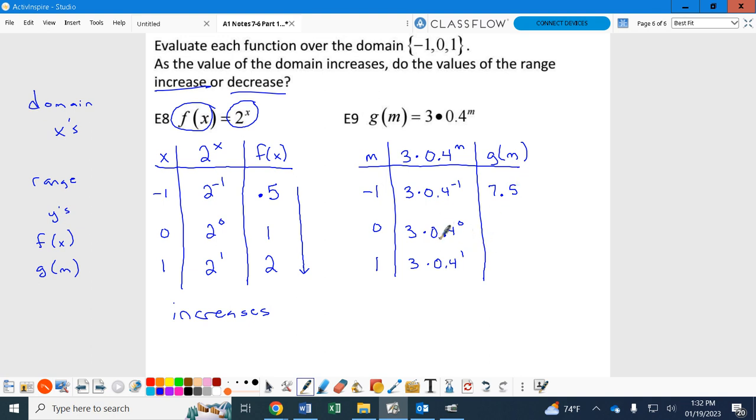Guys, you don't even need to do it on the next one. What's anything raised to the 0 power? And 3 times 1 would be 3. No work there. And then 3 times 0.4 to the first power? 1.2. So as it goes from here to here, what does it do? Decreases. Okay, guys, that's your notes for today. We're going to apply that to the worksheet and get you going. So from here,